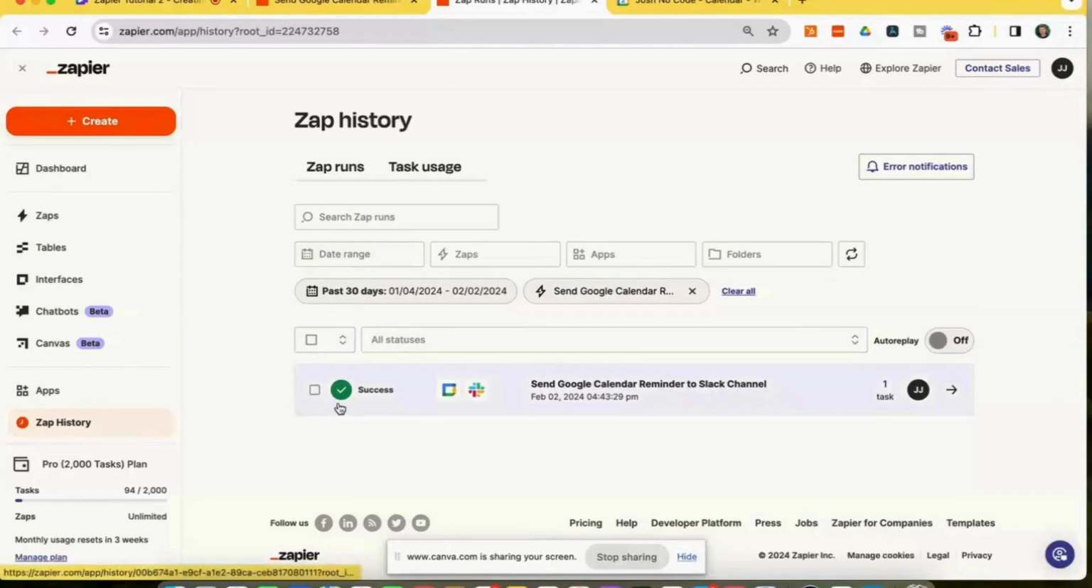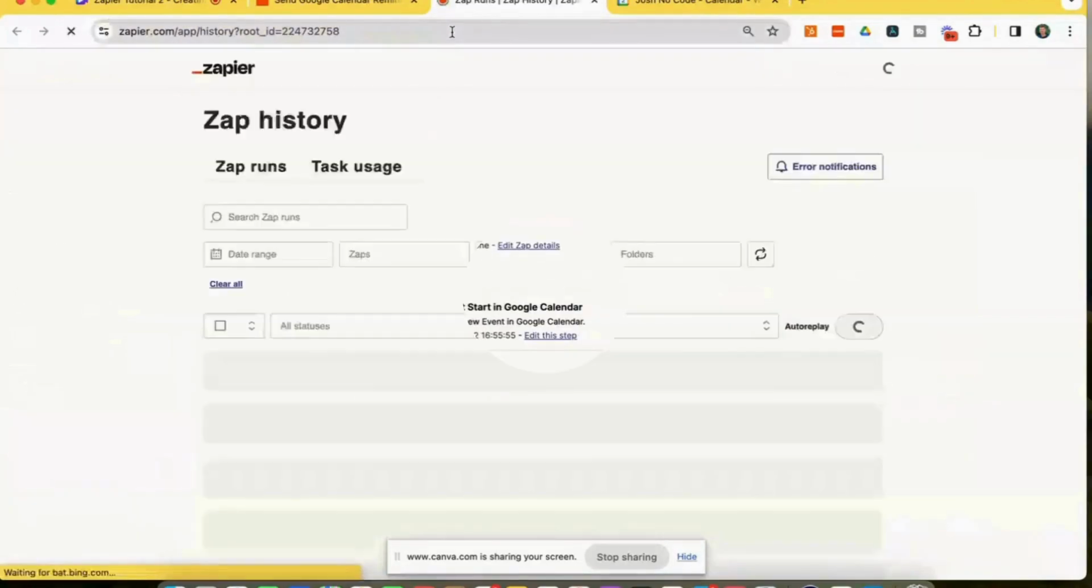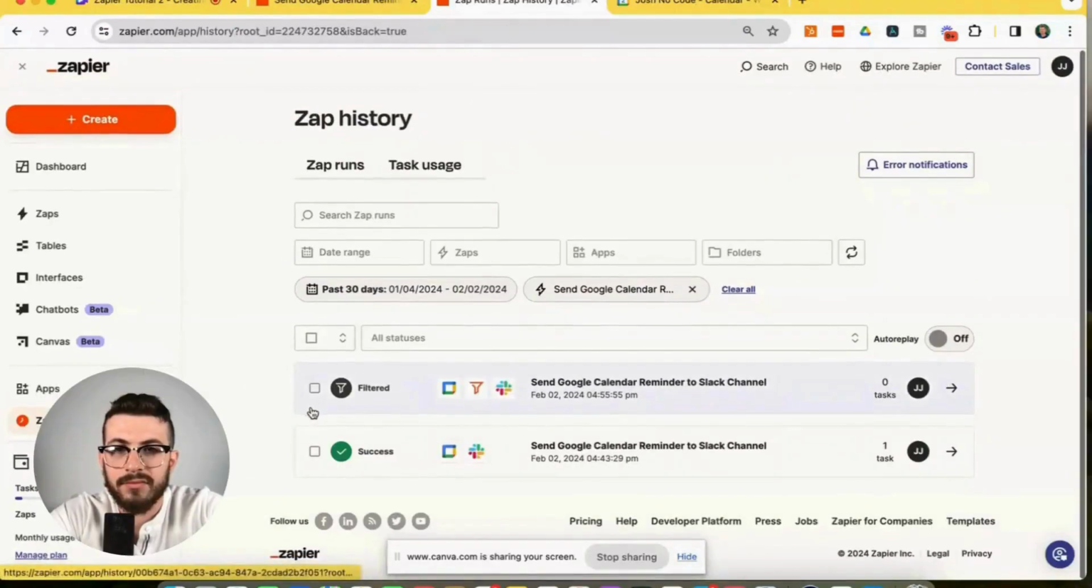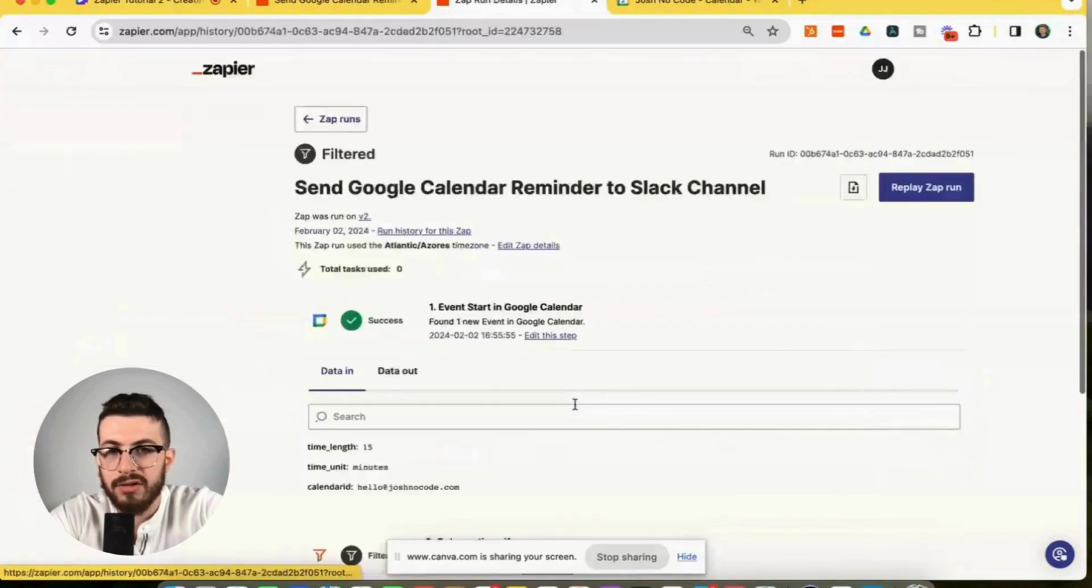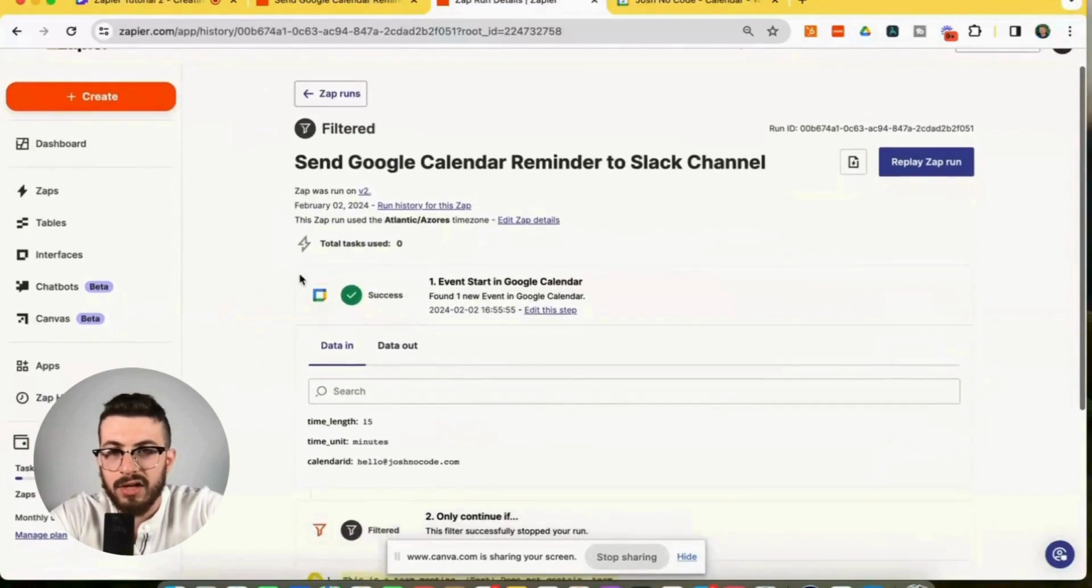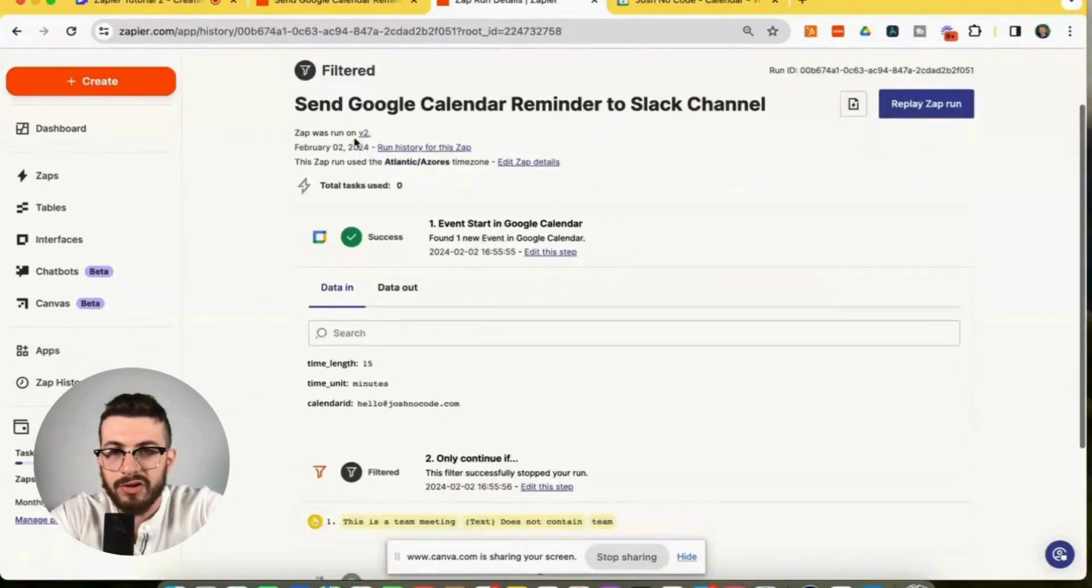And as you can see, this was the last run that successfully ran all the way through. It has a success message. And let's just reload. So as you could see, here is the most recent run, and it has a filtered status, which is what we're looking for. And if we click into it to inspect the run further, we can see the trigger ran,